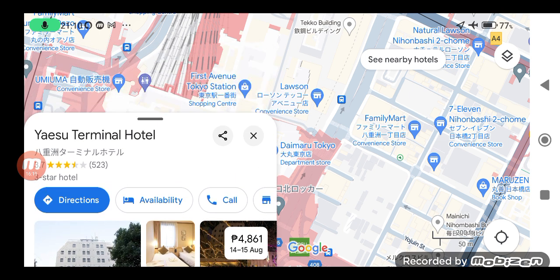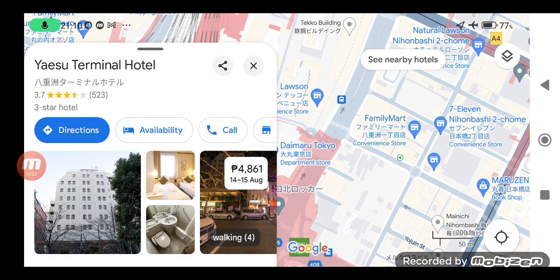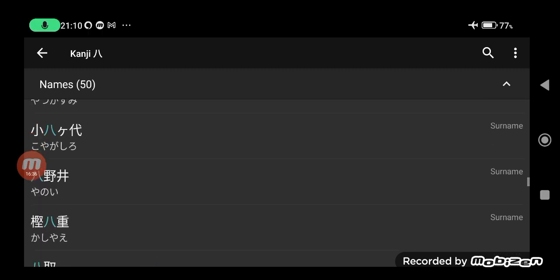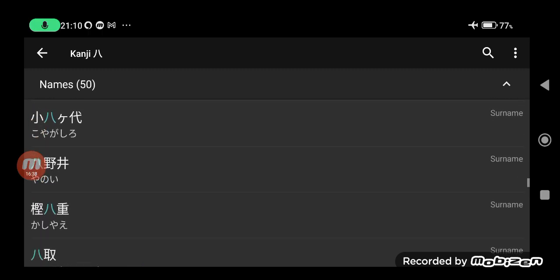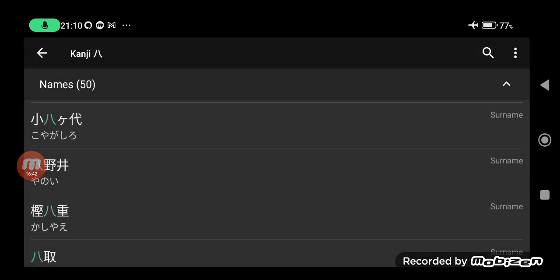One of the particular uses of kanji is to determine proper nouns or names of places, particularly in Japan, because places in Japan are usually written in kanji. So again, another example for names: Kashiae, 貸家へ。